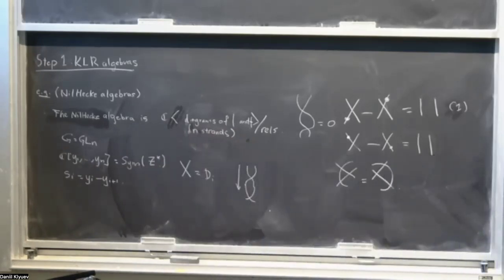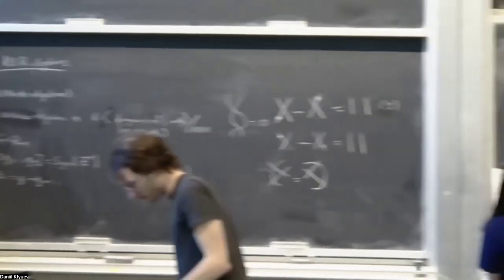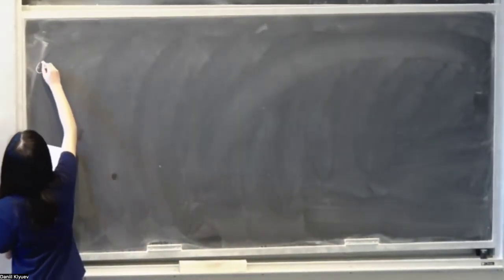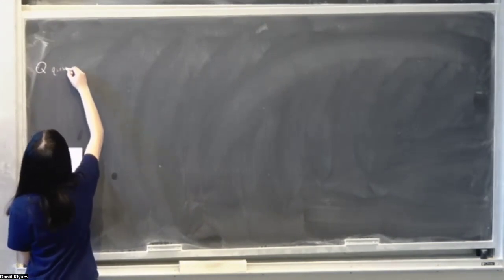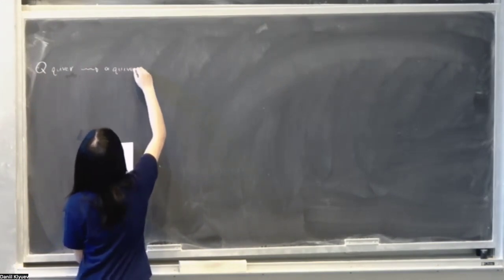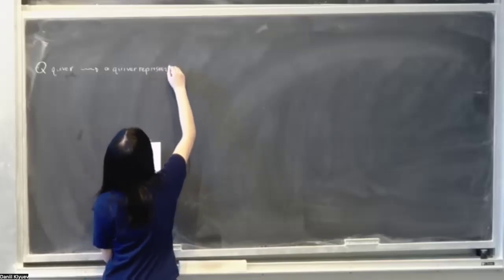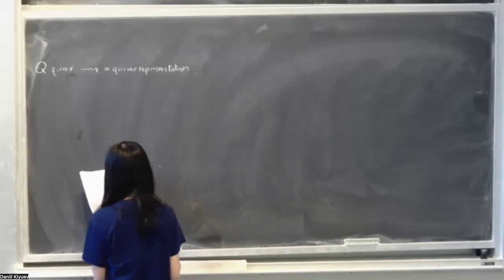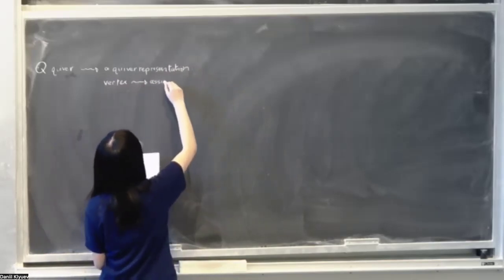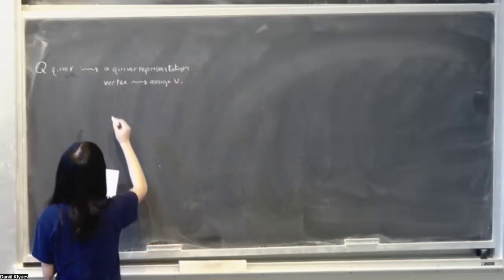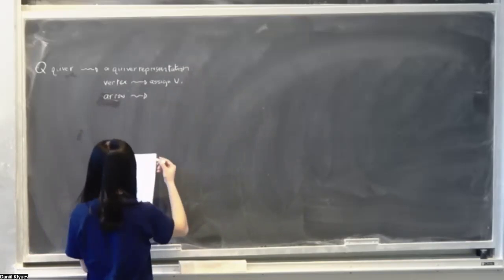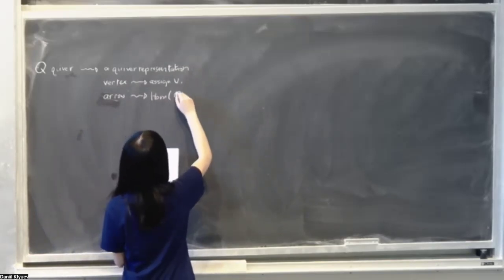So, the promised topic was quiver gauge theories, and the only thing that I will say about them today is that from a quiver Q, we can take a quiver representation. More specifically, to each vertex we'll assign a number vi, and each arrow is going to be